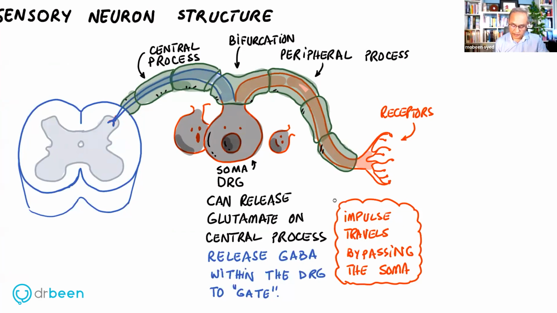Secondly, this is also very important: within this dorsal root ganglion, where there are hundreds and thousands of neuron cell bodies, they can release GABA, gamma-aminobutyric acid. They can release GABA and influence each other. This is the communication happening between the neuron cell bodies within the dorsal root ganglion. With this GABA, they can inhibit each other and they can gate various kinds of pain. This is why,